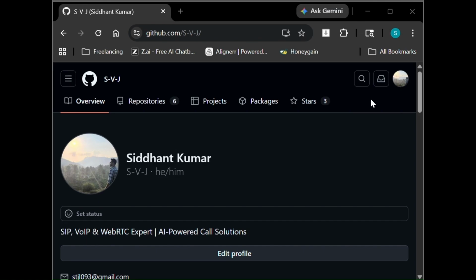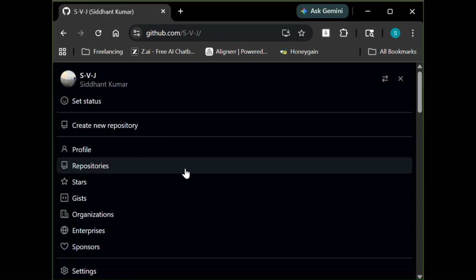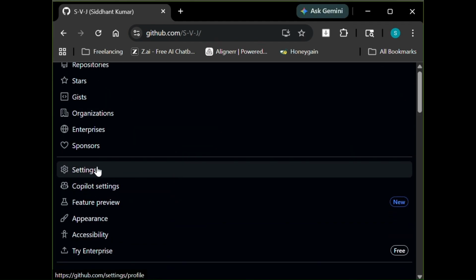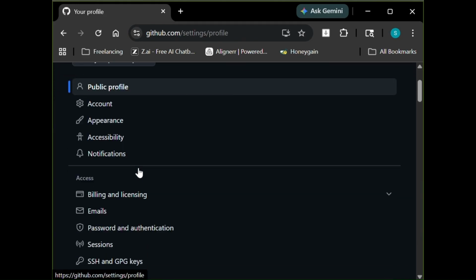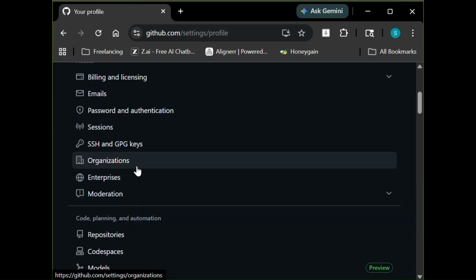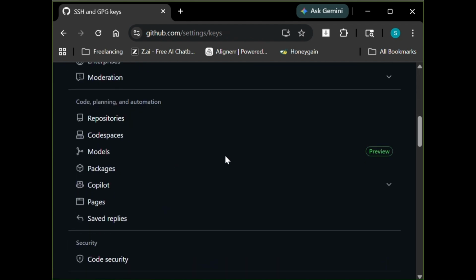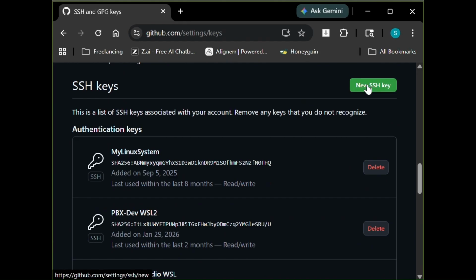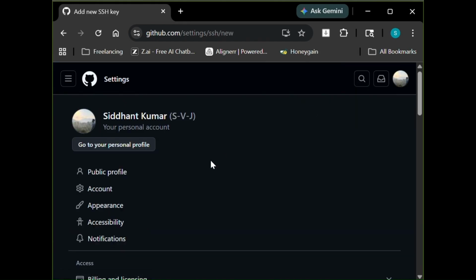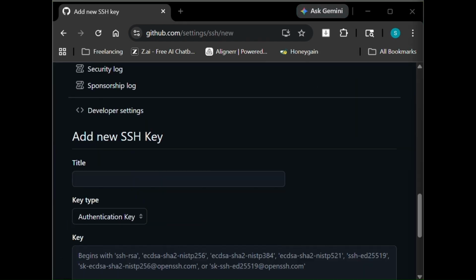Now open your web browser and go to github.com. Make sure you are logged in. Click on your profile picture in the top right corner, then select Settings. In the left sidebar, scroll down and click SSH and GPG keys. Now click the green New SSH key button. Give it a title.